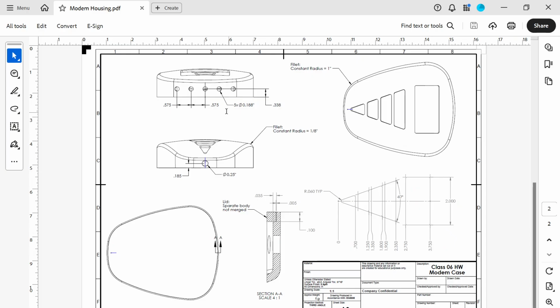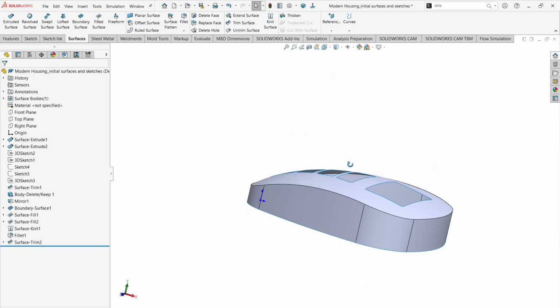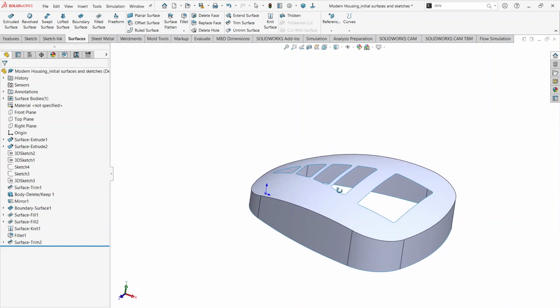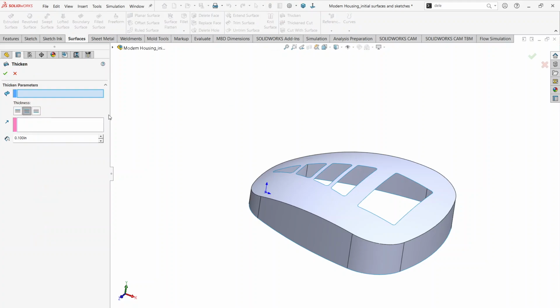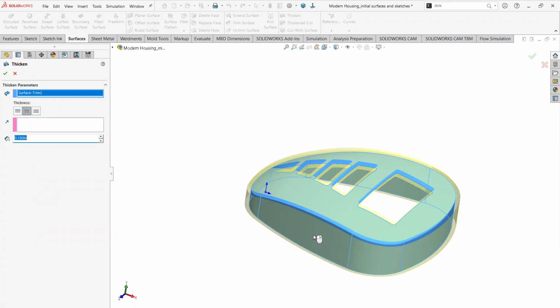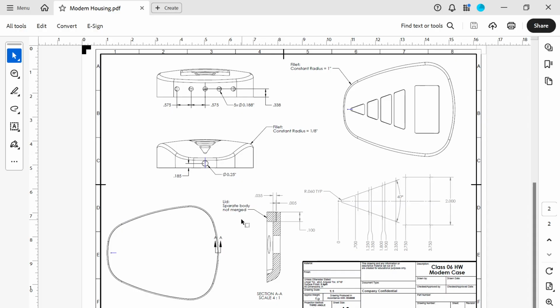So we can create these holes, cut it in the surface mode or in the solid mode. Both of them should work. So let's say I create a solid out of this. Should be ready to do that. So I go to the thicken command and I would select my surface here. And it seems like if I wanted to create that surface, the thickness of that line is as